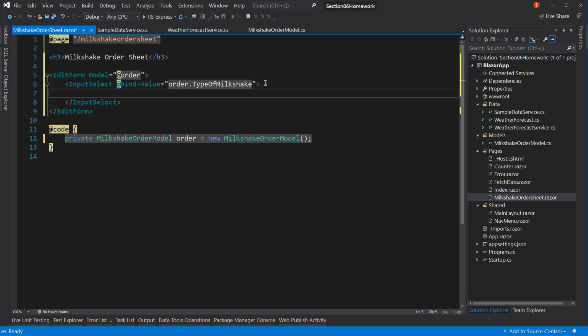And then we need to have our options. So we'll have our option that's going to have a value of empty string, and it's going to say please select a milkshake type. Okay. Now we need to add our milkshake types in just a minute, but before we do, let's wrap this